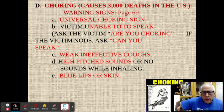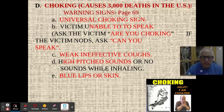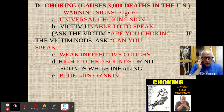So they're going to give you the universal choking sign. It does not mean they missed a free throw and blew the big game. It means that they're panicking. They're not getting air. You don't want to ask them complex questions if you think they're choking. Say, can you speak? Are you choking? Can you speak? And if they can't, then you need to do the Heimlich maneuver. If they have a cough or they can whisper, they still have an airway. If they have a weak, ineffective cough and a high-pitched sound coming out or blue lips, yeah, that's